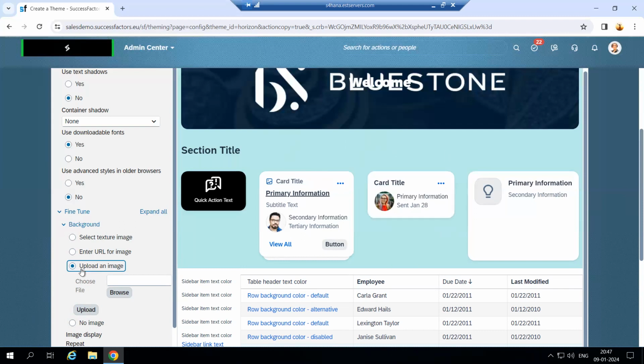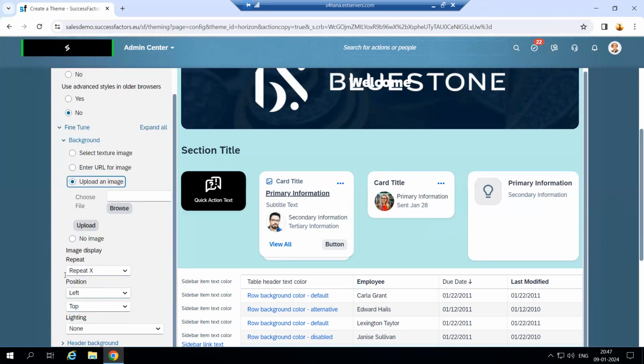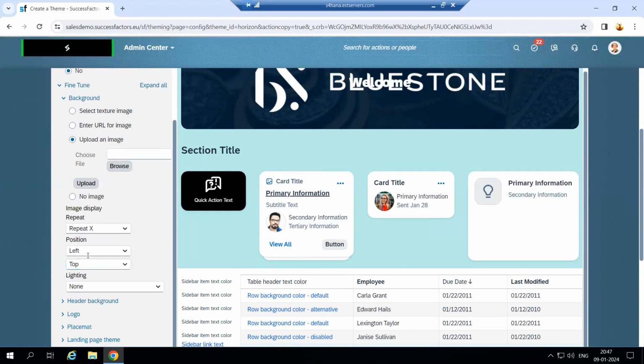the dashboard image. So after that, we can also mention how many times that image has to repeat, whether it has to repeat x number of times, y number of times, and no repeat also we can select here. You can see here image display, repeat x time, repeat no, and y time. Repeat x means maximum times, repeat y means only one or two times, no repeat means it will not repeat any time. And position, whatever image you have uploaded, for that image what position,